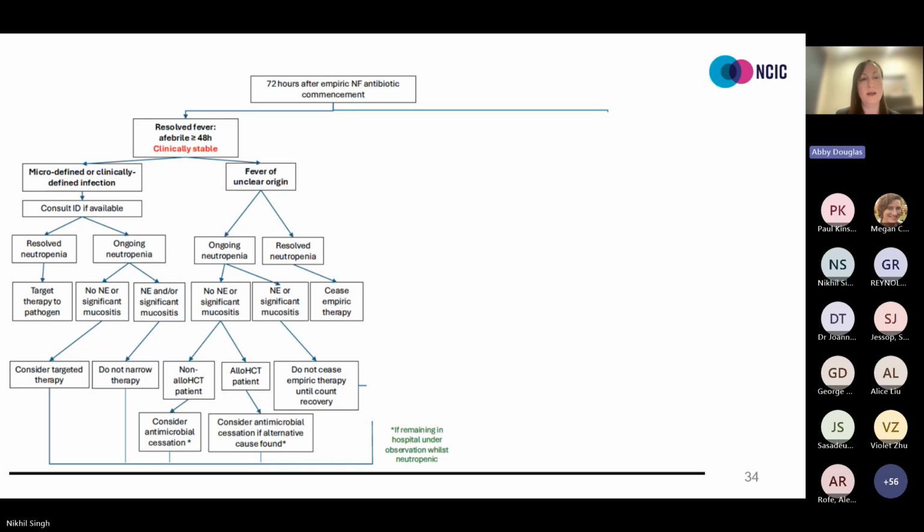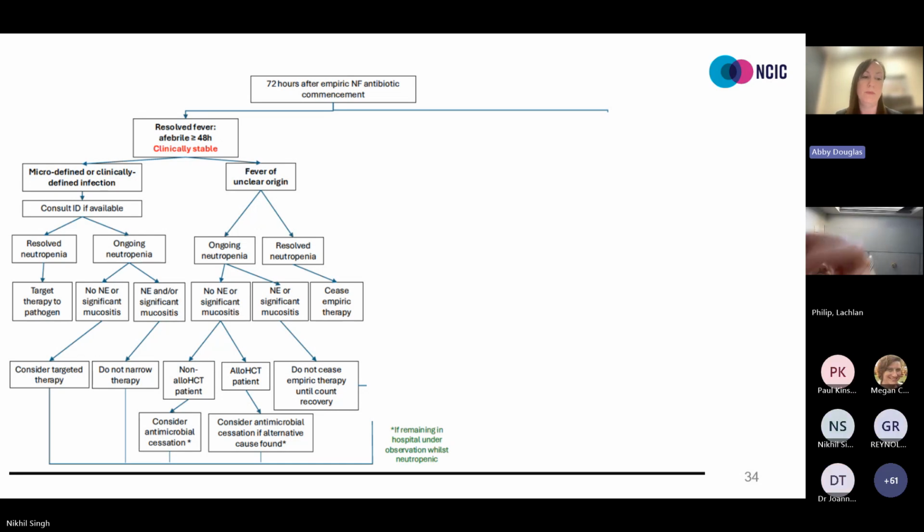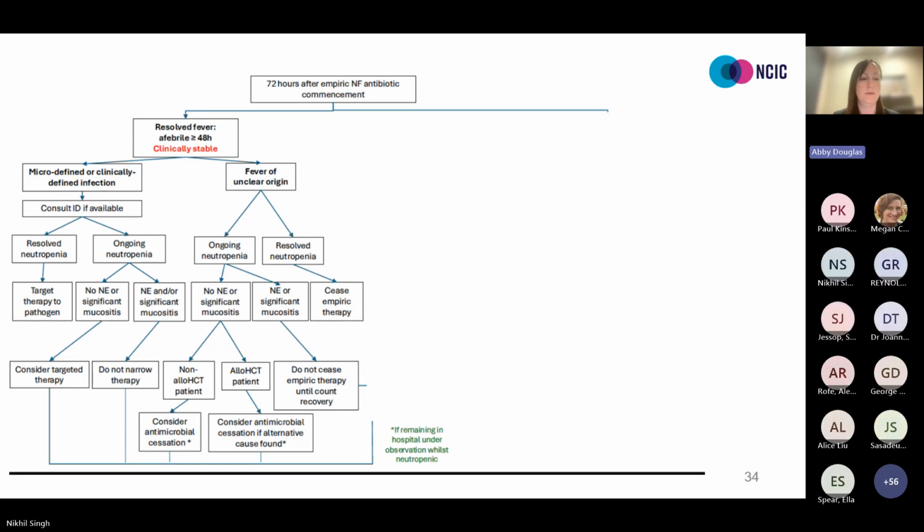Then it depends on whether the patient has resolved neutropenia or not. So happily, if the patient has had resolved neutropenia, they've count recovered, then certainly targeting your therapy to your pathogen is very well supported by ID and is a good stewardship intervention. If the patient has ongoing neutropenia, there is a bit of a caveat here: if you do have significant mucositis, so they're having trouble taking orally, they're often being put on TPN or other replacement, then these patients unfortunately